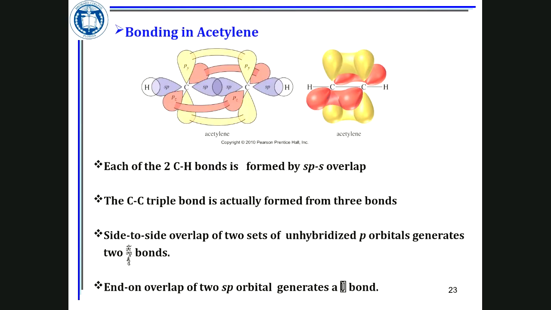Let me see what we have here. Each carbon and hydrogen forms sp. So it's just showing that you have sp hybrid here, sp hybrid, and sp hybrid. And if it's an sp hybrid, your carbon most likely is going to have a triple bond, and the pi bond is coming from overlap of the parallel p orbitals. I already explained those.